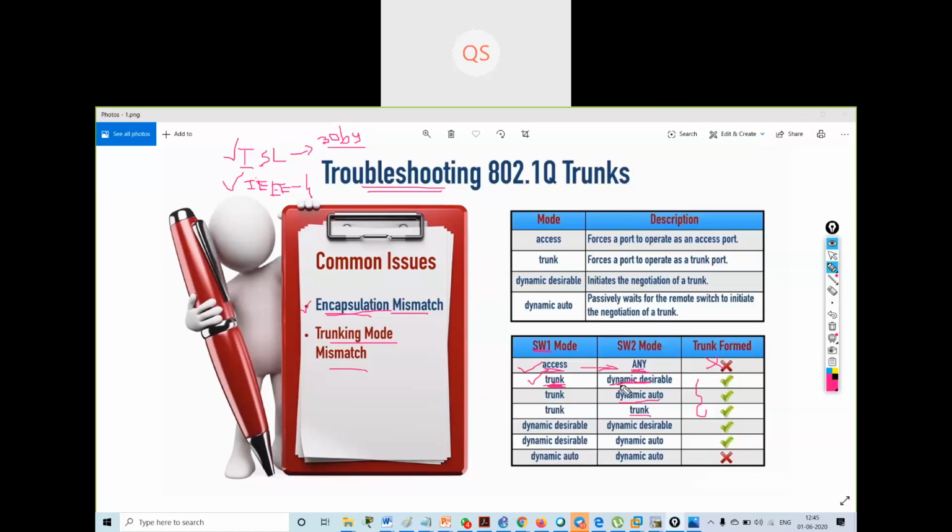The negotiation will be done over here. In these three scenarios, we will be forming a trunk. In the fourth scenario, dynamic desirable with dynamic auto, I am also forming a trunk.